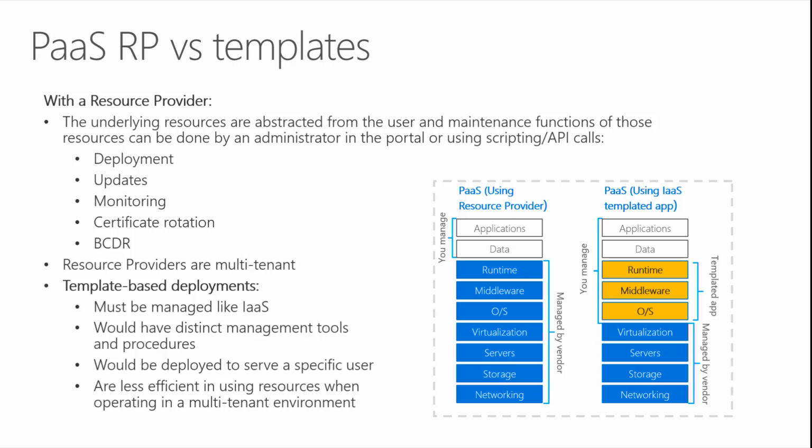So to summarize this point and to highlight the comparison and contrasting of these two options, with the resource provider, the underlying resources are abstracted from the user, and maintenance of those resources can be done by an administrator in the portal using scripting or API calls for the deployment, updates, monitoring, certificate rotation, all that sort of stuff. Resource providers are multi-tenanted. But on the right side of the box, the template-based deployments must be managed like IaaS,